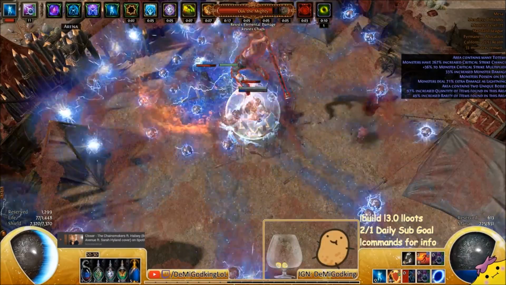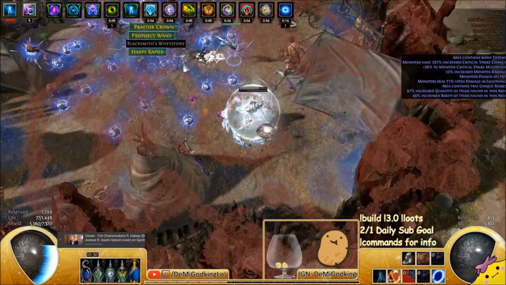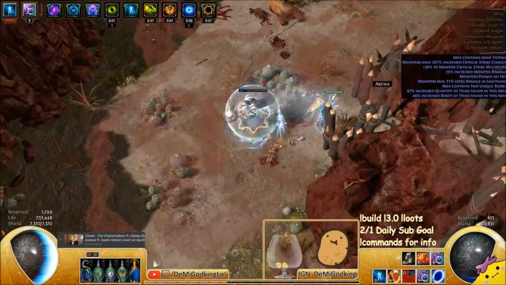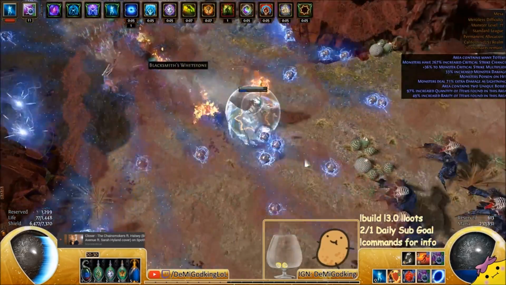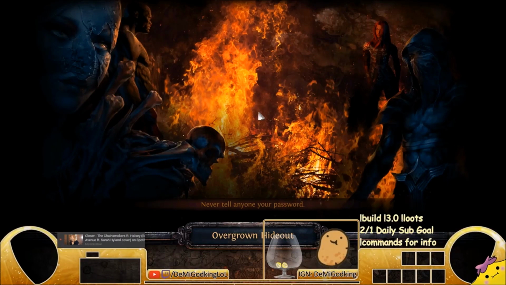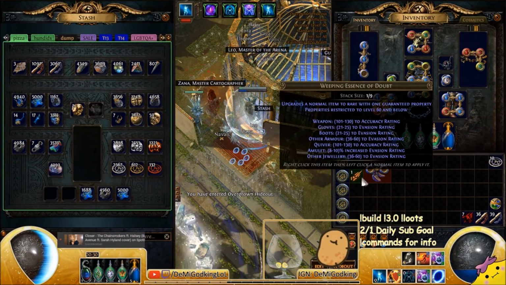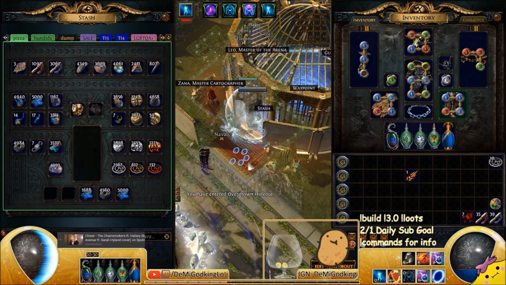Let's just kill these guys real quick. There you go. So there's your general T10 mapping demonstration. You can obviously push a lot higher. This is on a 5-link with very bad gear. If you pushed with better gear, you could do way higher tier maps. Oh, is this good? Almost. Alright, so